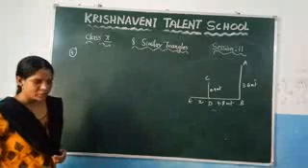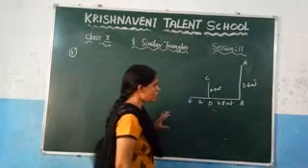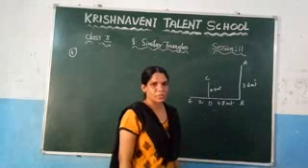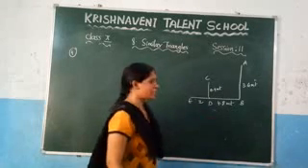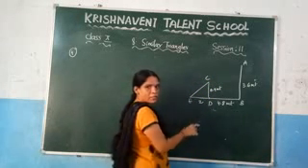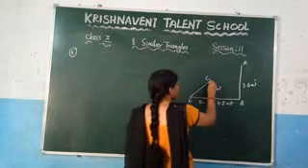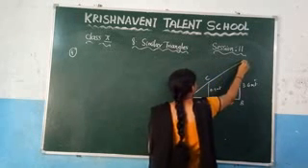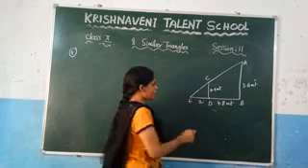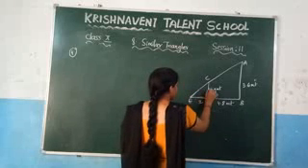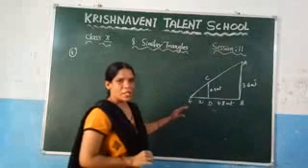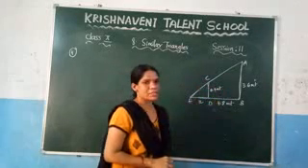So we have written all the things they have given. Since we are using the similarity concept, we need to choose two triangles. How do we get two triangles here? Let us join this one, so you will get one triangle. We need one more triangle, so let us join this one here. Clearly you can observe that we got two triangles: a smaller triangle and a bigger triangle. Based on this, you need to prove these two triangles are similar.